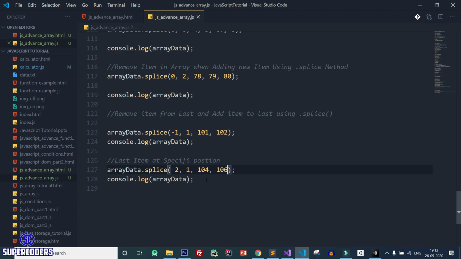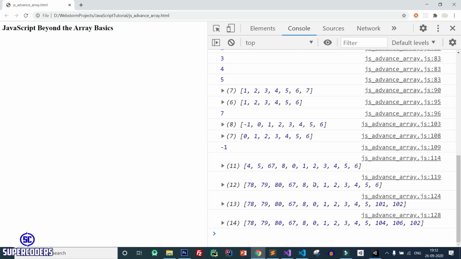Save it, back to Chrome, refresh page, and here if you see, first it is 101, 102, but after that I added the next item at this second last position. So here the second last item is 101. So 101 is removed and 106 and 102 have been added.